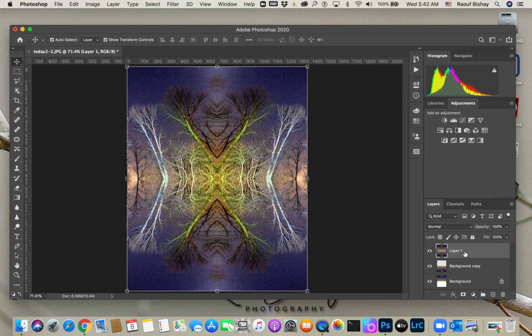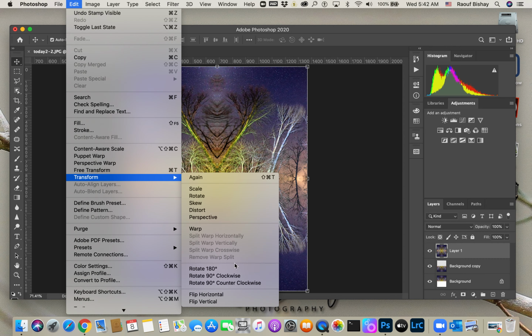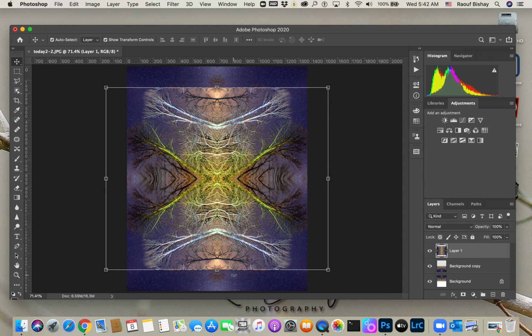Let's go ahead, and I think I want to rotate this layer 90-degree clockwise. So I'm going to go to Edit, and I'm going to do Transform, and I'm going to rotate it 90-degree clockwise. Okay, so this is what I want, but I want to trim the picture to